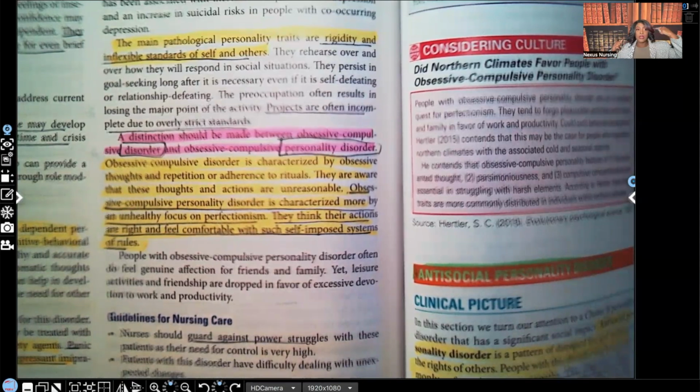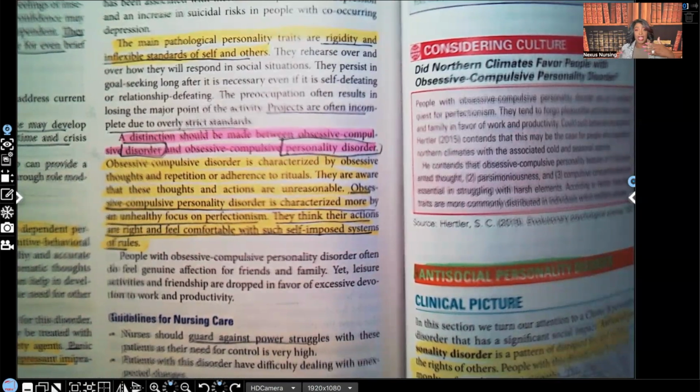And so they have these obsessive thoughts. They'll think about the same thing over and over again, or they'll have this behavior that they repeat over and over again, such as walking around the house and turning off the lights a million times, or checking the locks a million times, or going throughout the house and checking the sinks to make sure that the water's not running a million times, whatever it is.